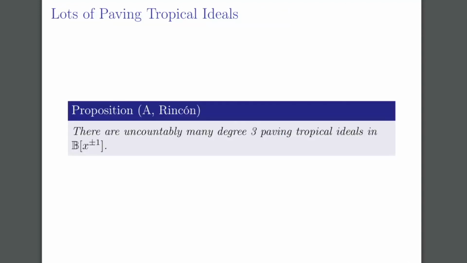All right. So now I can start talking about our results. The first result I want to talk about is called lots of paving tropical ideals. That's how I like to call it. And it basically says that in degree 2, if we're working with Zajaczkowska's proof or result,